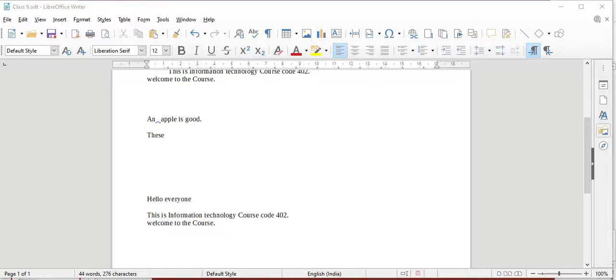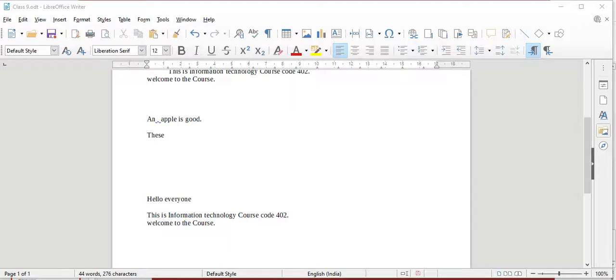The automatic spell checker checks each word as it is typed and displays a wavy red line under any unrecognized words. Right click on the unrecognized word to open the context menu. Certain suggestions will be displayed for the selected word. Click on the most appropriate word out of the suggestions to replace the underlined word. After making the correction, the line will disappear.